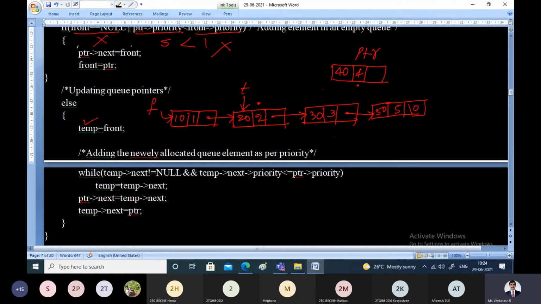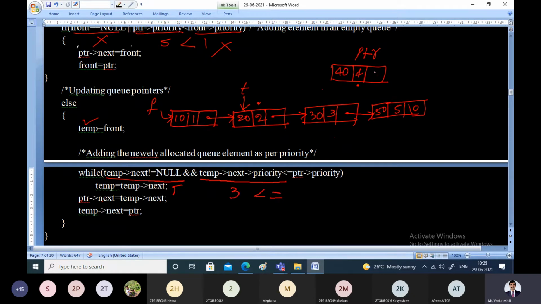Now we enter the while loop and check the condition once again. Temp pointer next is not equal to null, it is true. And also check this condition: temp pointer next pointer priority is 3.